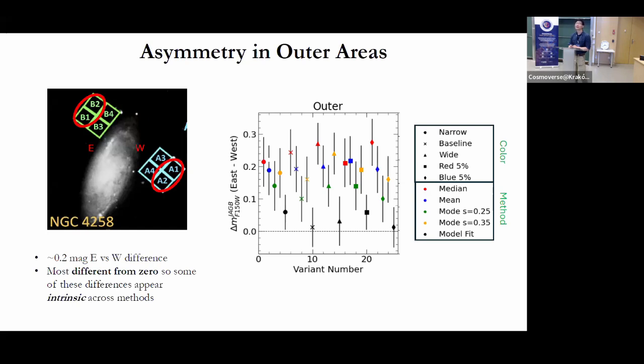as a function of the variant number. And again, we have 25 different variants. And we can see immediately that a lot of the variants are clustered around a non-zero value, maybe about 2/10 of a magnitude. And a majority of them are not consistent with zero, which is what we would expect for a